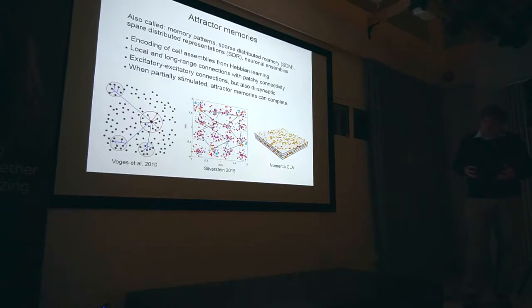And they encode the neuroassemblies, and they're connected with long-range connections, excitatory, or they can also inhibit if one pyramidal cell, for example, excites an interneuron, an inhibitory cell, it can then inhibit another pyramidal cell. So when these are partially activated, the attractor memories can complete and also compete with other attractor